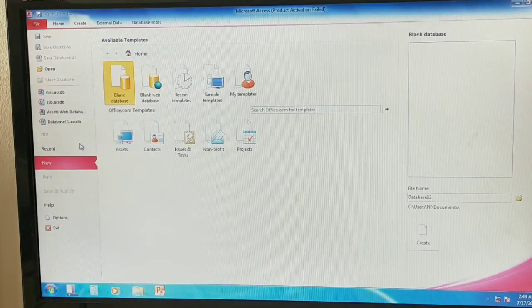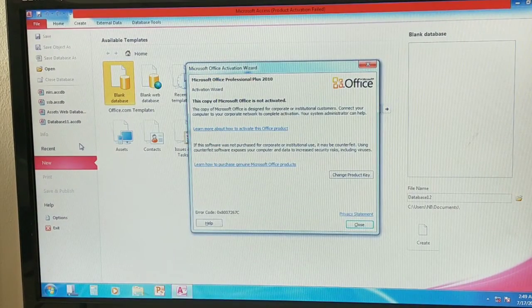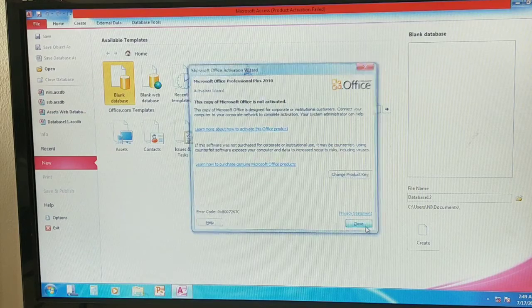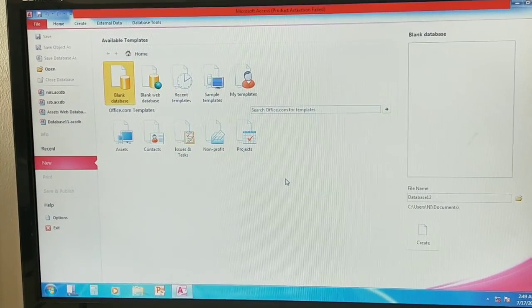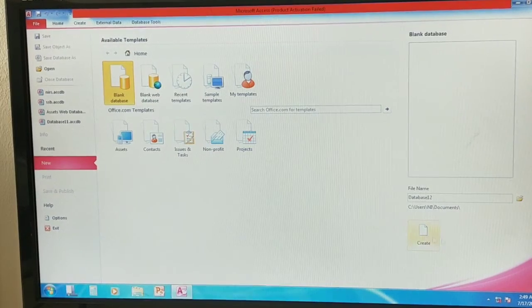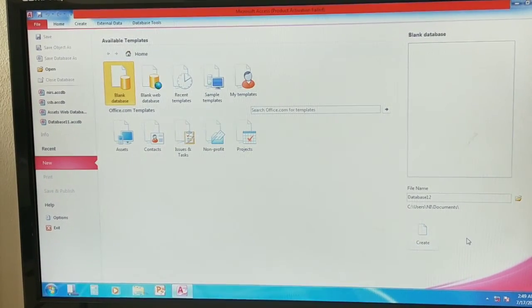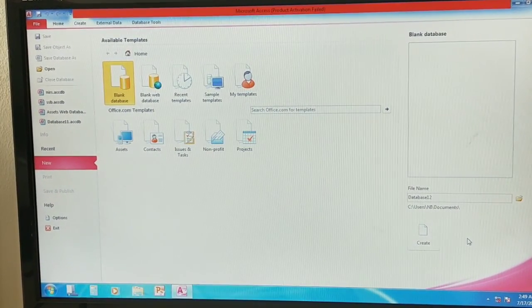Here you will get the Microsoft Access file tab, or a home page, the initial window you will get like this. In the last class we already discussed how to create the database in this interface. Students, you can observe at the bottom right corner we have a button called Create. You need to click on the Create button to create a new database.